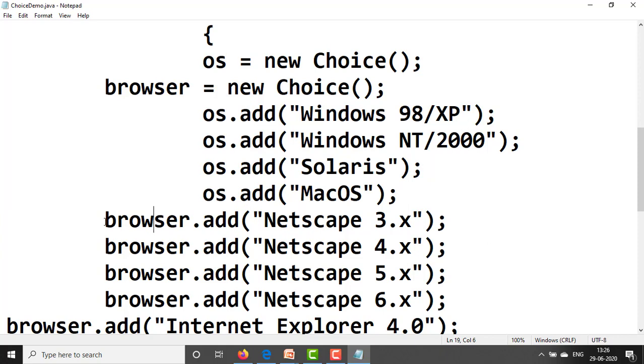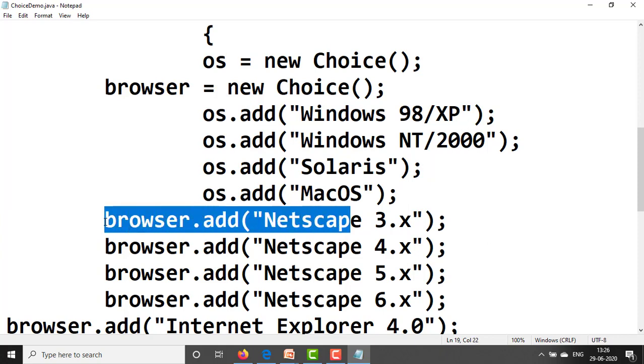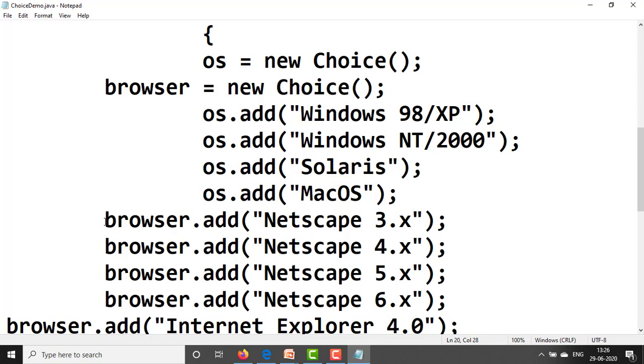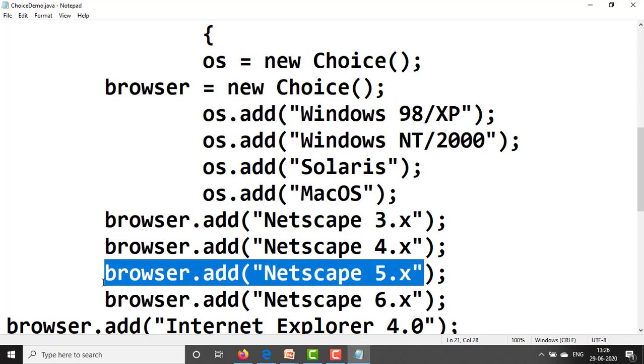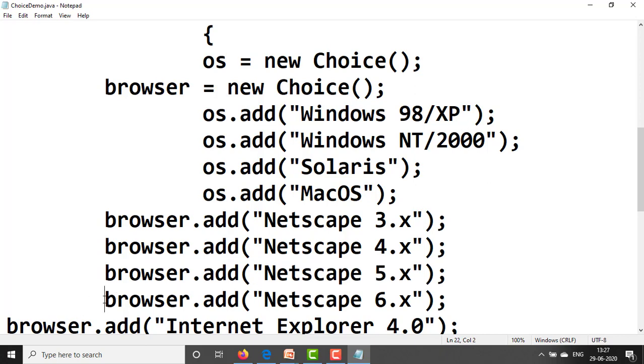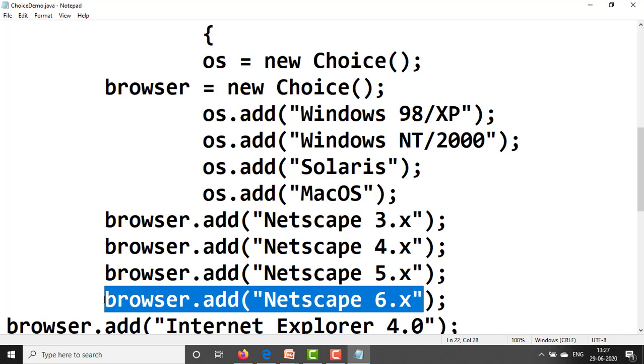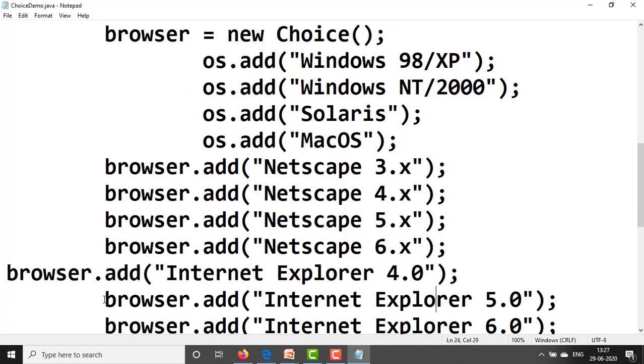Next, browser.add Netscape, browser.add Netscape 4.x, browser.add Netscape 5.x, browser.add Netscape 6.x. Like this the browsers we have added.